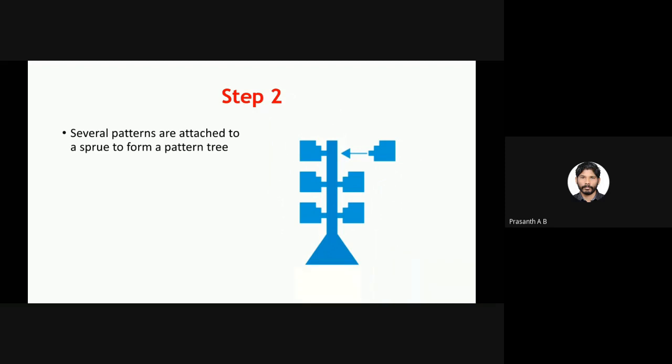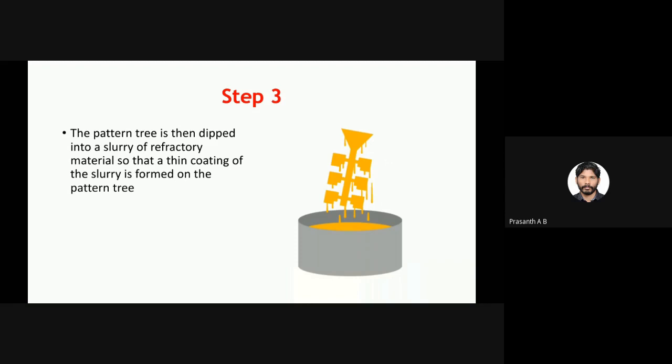Now after this, we will dip this pattern tree into a slurry of refractory material. You can see in this figure that this refractory material is orange in color. Initially the wax was blue in color. Once we dip it in this slurry, it is covered with the refractory material slurry. It forms a coating of slurry around this pattern tree. I think that is clear from the figure. So after this, what happens is